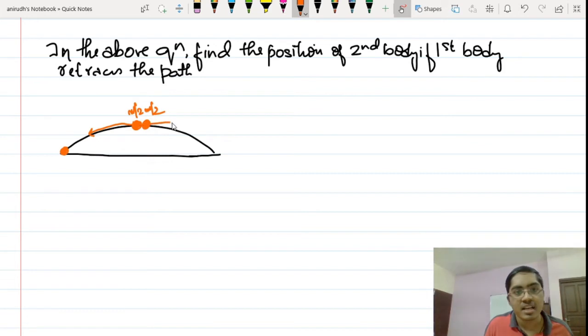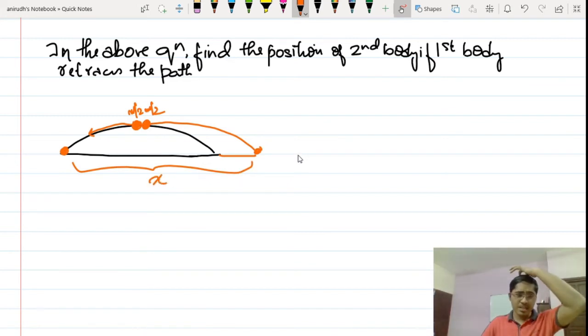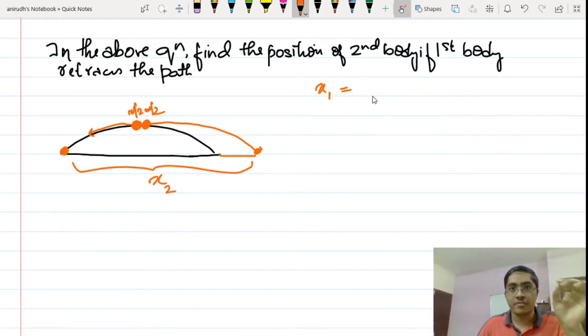Fine. So as we said, it falls away from this area to this distance, and we are supposed to find this much distance. I am supposed to take this as x itself. Remember, here what is x1? So this is x2, isn't it? x1 is equal to the displacement of the first body from the origin. That means it is actually falling back into the origin. So the displacement is equal to 0. Fine. So the center of mass again comes in all the way like this and it falls over here. So this is where the center of mass is landing.